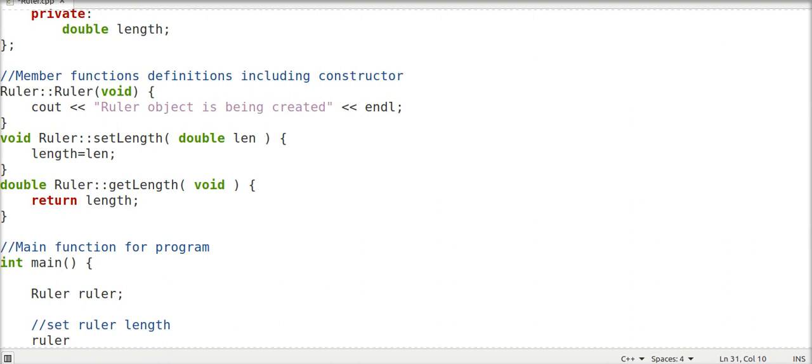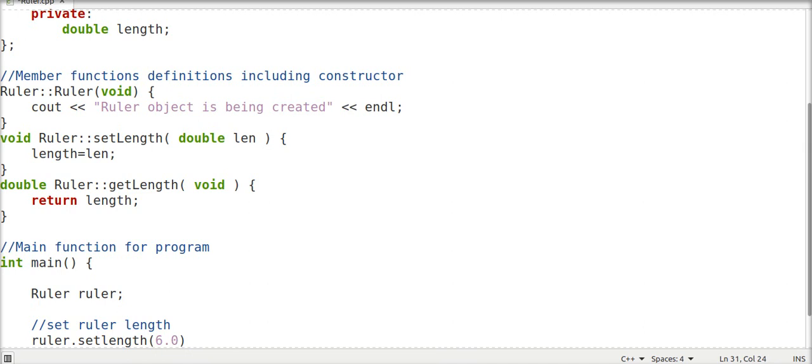So in order to use it, we say ruler and then put in a dot after it, and then refer to the functions we already created. In this case, I'm going to grab set length. So ruler dot set length, and I'm going to set it to